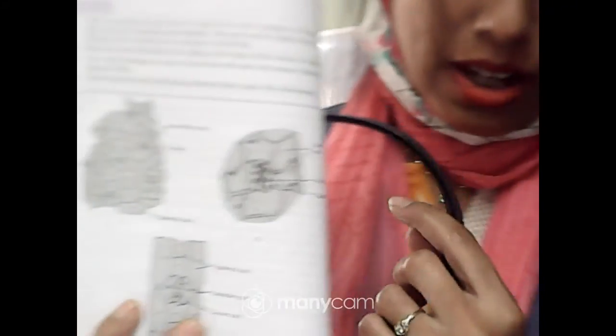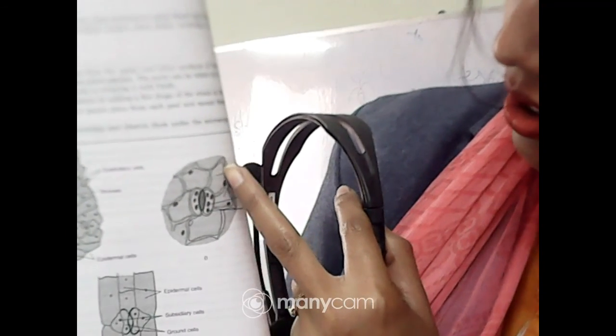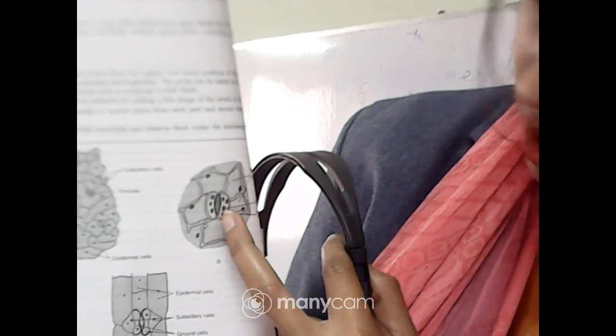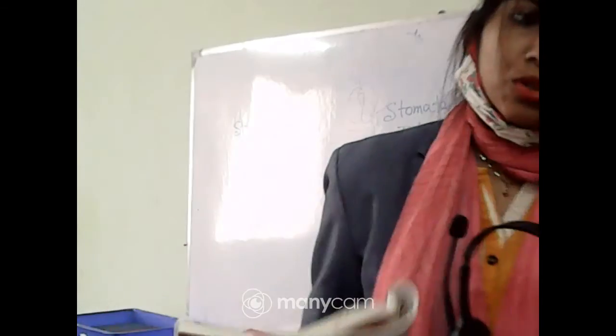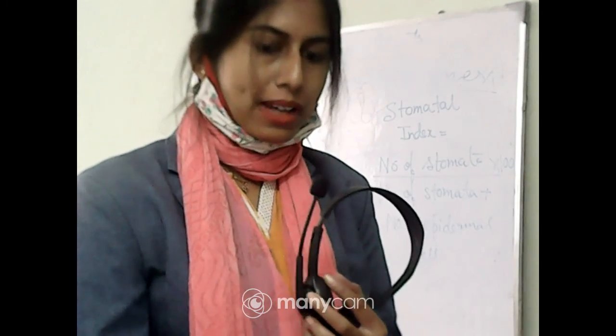So this is the enlarged view. This one is the guard cell, stomatal pore and epidermal cells. Okay, or these are called subsidiary cells. So this dumbbell shaped one is the guard cell, this pore is the stomatal pore, and these are subsidiary cells. Okay, so you have to draw this diagram on the left side of your white page. Clear? So everyone please write down this practical in your copy.